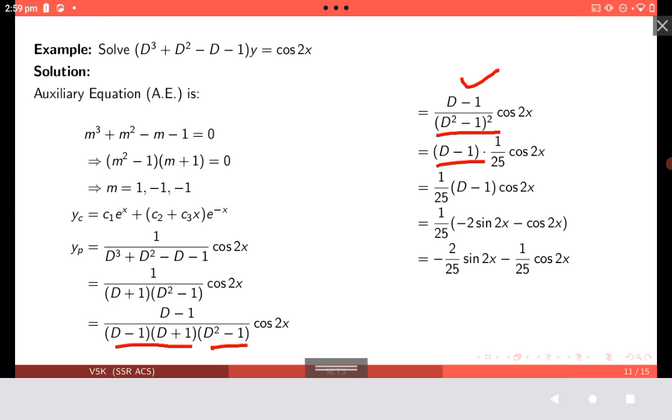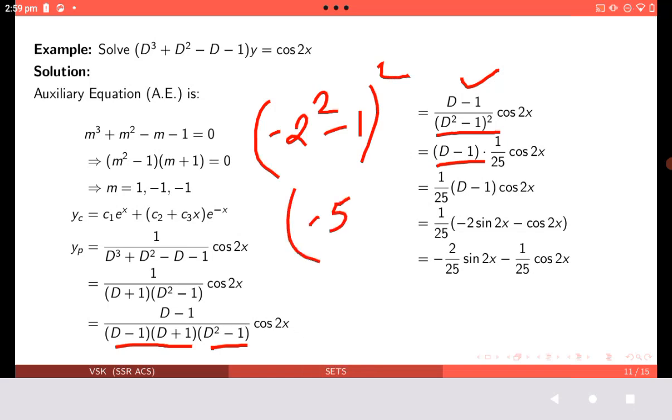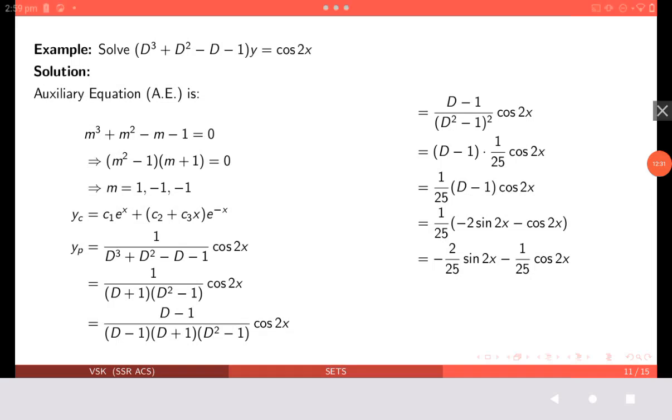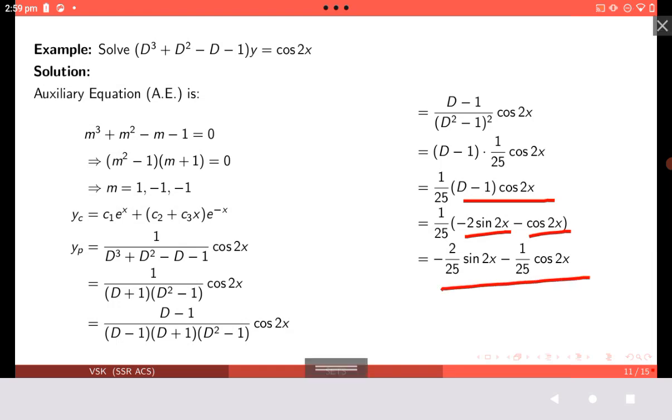Now D minus 1 is as it is, and D square is replaced with minus 2 square. So this expression will become minus 2 square minus 1, and it's a square, so it becomes minus 5 square in the denominator, so it becomes 1 upon 25 cos 2x. So this comes out as 1 upon 25 (D minus 1) cos 2x. Now this is operated on cos 2x, so we get minus 2 sin 2x minus cos 2x, and this is the final value of